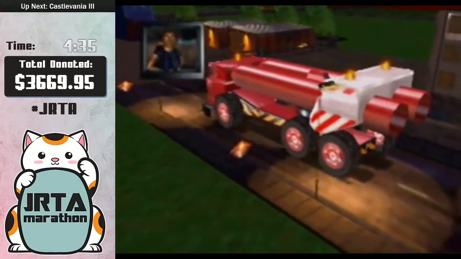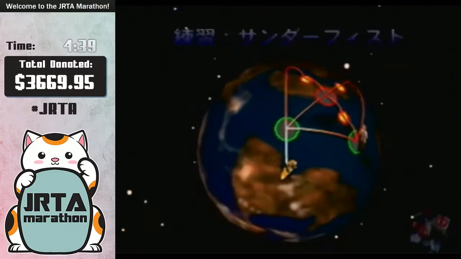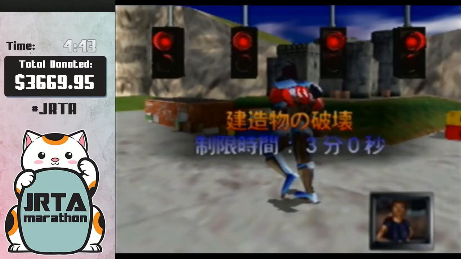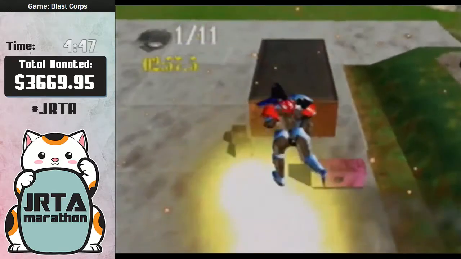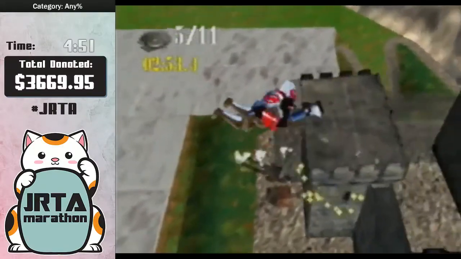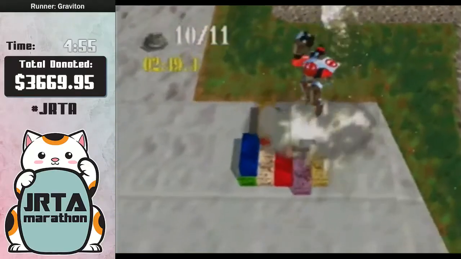Now we have the coolest vehicle in the game. Fist. Show us what you've got. Go for it. That's the first of the second set of training. There'll be one more later, and then I'll...